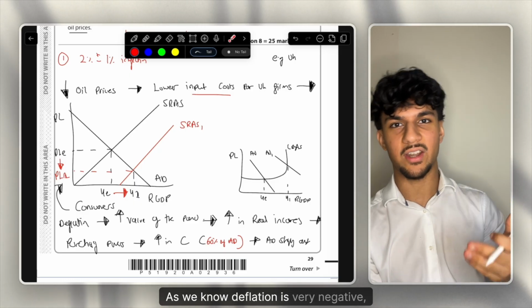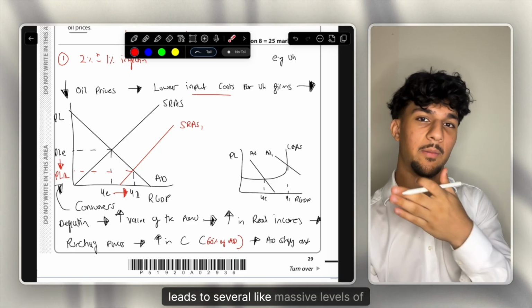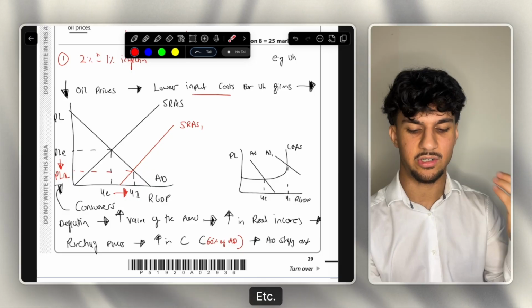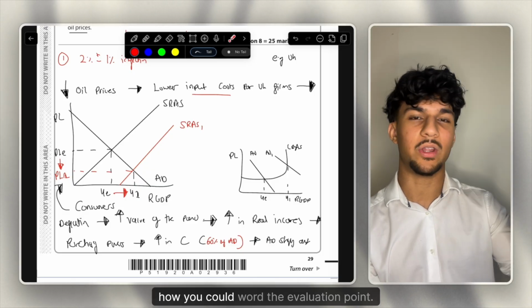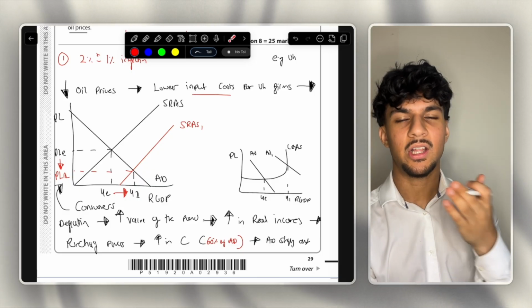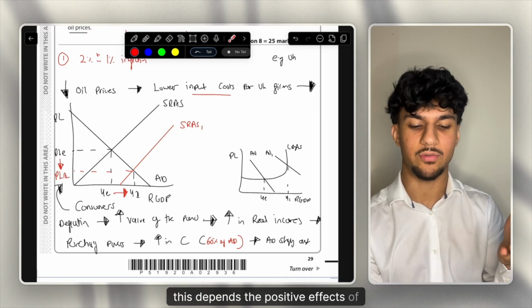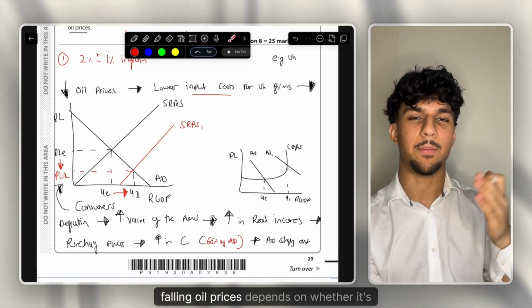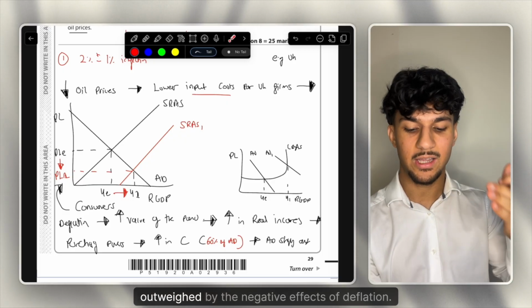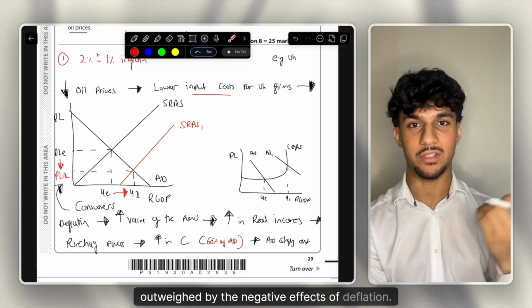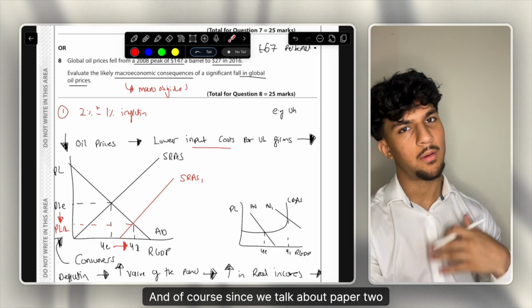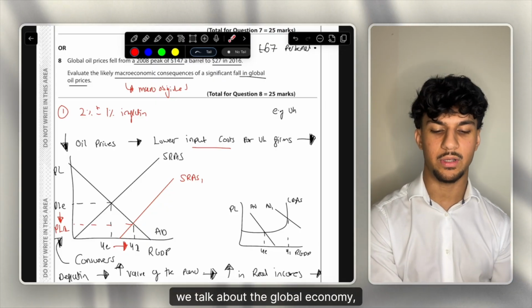As we know, deflation is very negative, it leads to several things like massive levels of unemployment, etc. So that's how you could word the evaluation point. However, in evaluation, the positive effects of falling oil prices depend on whether they are outweighed by the negative effects of deflation. Of course, since we talk about paper 2, macroeconomics, we talk about the global economy, we could also mention how oil exporters are impacted,